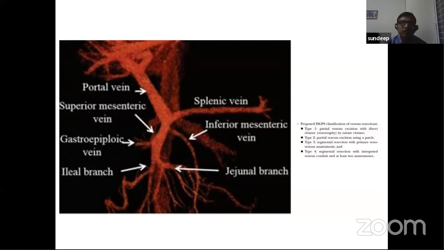But once we reconstructed it by end-to-end anastomosis, when we measured the pressure gradient across the anastomosis, we found a big difference. The anastomotic site was blocked because of the clot. So we revised it and used a PTFE graft, because we were not prepared for an autologous graft in that patient.